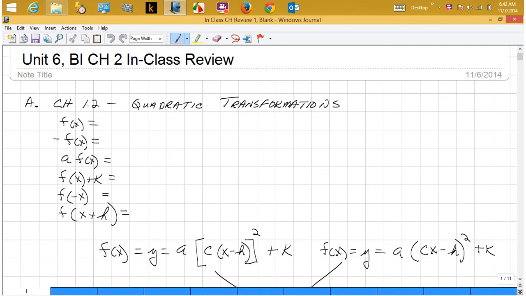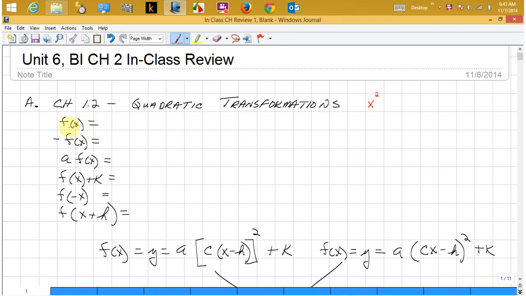Okay, in this video we're going to work the review for Chapter 2 that's in the Big Ideas book. So let's get started. One of the first things that we did, in Chapter 2.1, is we transformed quadratic equations. Now remember, quadratic equations are always going to have an x squared term in there, the term with the highest exponent, but they're all going to look like